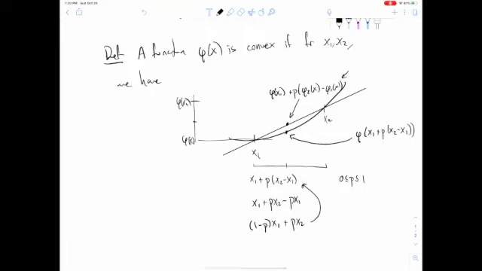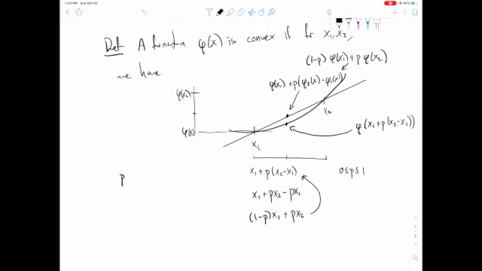And this thing is similarly (1 minus p) phi of x1 plus p phi of x2. I could have just told you the definition, but I'm deriving it because I think it'll be more fun. Okay, and then if I make a reasonable change of variables, p1 is 1 minus p, p2 is p,